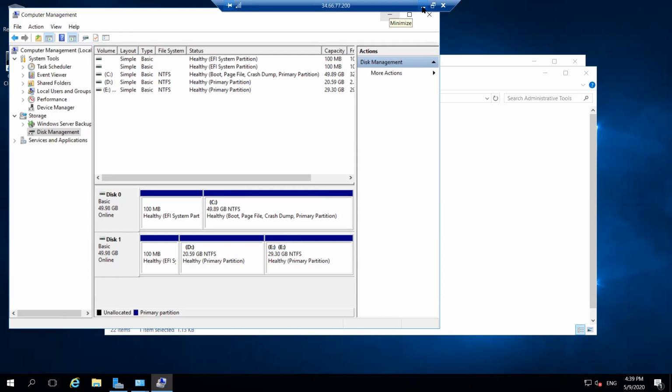The second disk now consists of two partitions, one is D and another is E, of 20 GB and 30 GB respectively. So checking my progress, yes it has.